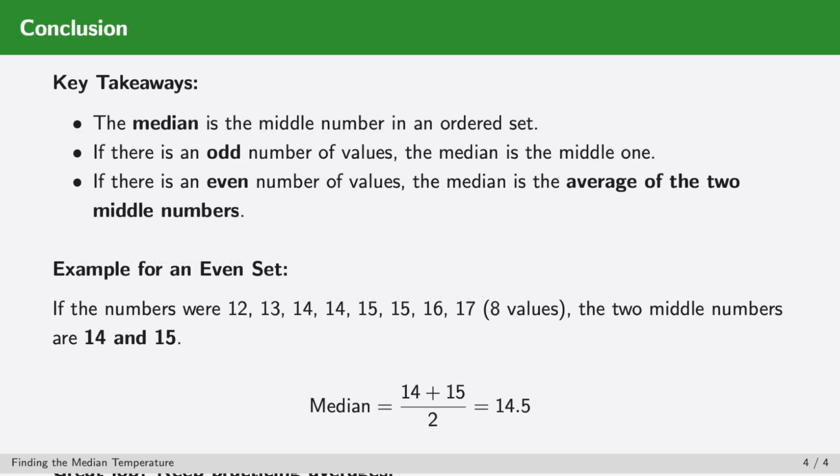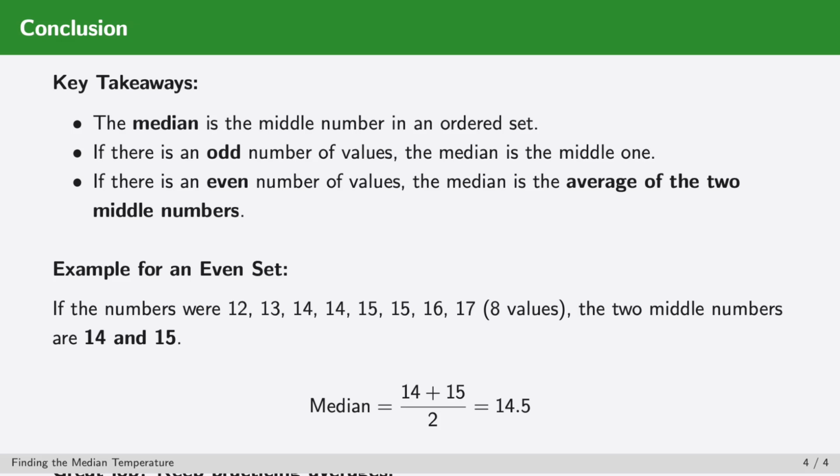Let's turn to the next slide. To summarize, the median is the middle value in an ordered list. If there's an odd number of values, we take the exact middle one. If there's an even number of values, we take the 2 middle numbers, add them together, and divide by 2